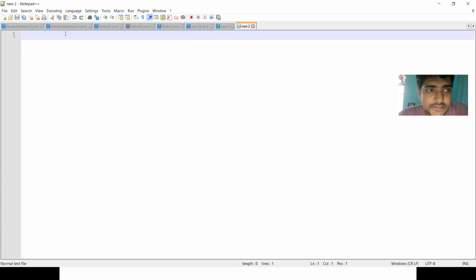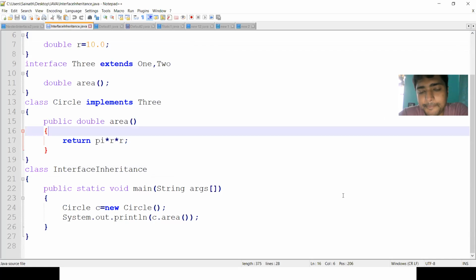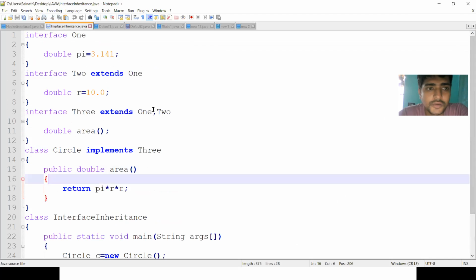Do you have any doubts in this? So here we are performing the inheritance concept in the interfaces.